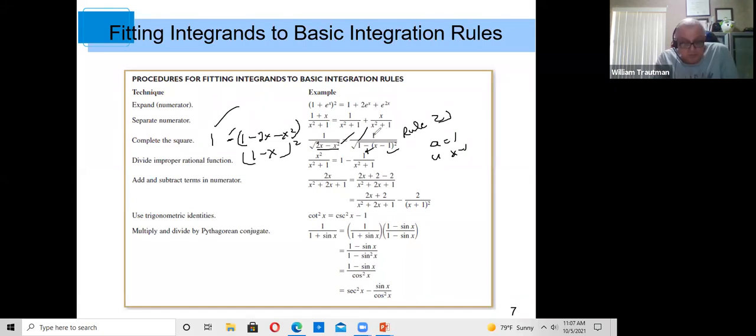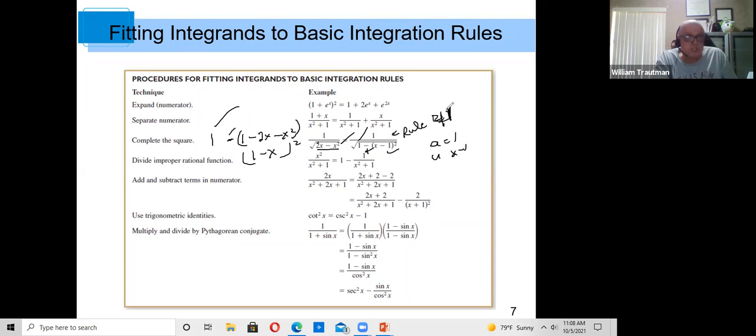Oh, wait, there's still more. There's a square root there. So it's totally a different rule. So you have to find that somewhere. I mean, we're not doing that right now. It looks like rule 41 to me. Yes, it's rule 41. So, if I was going to integrate this, I would use rule 41 on